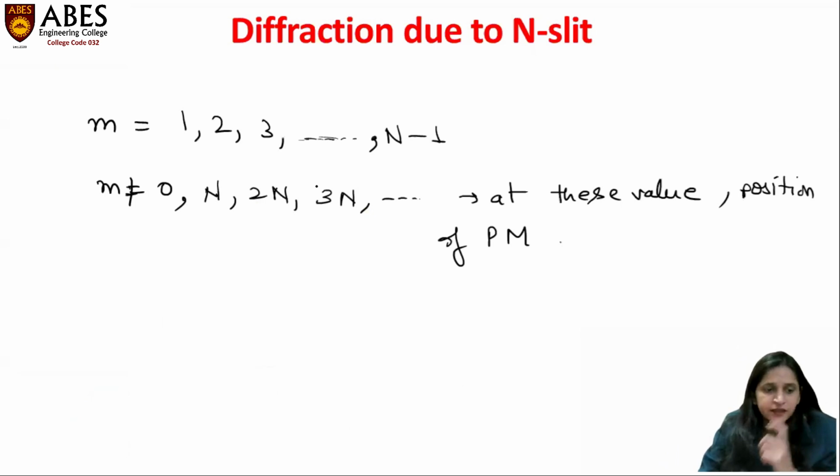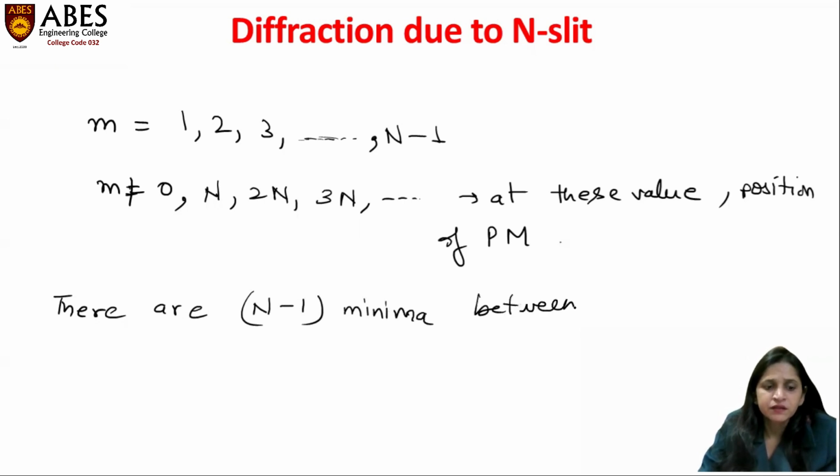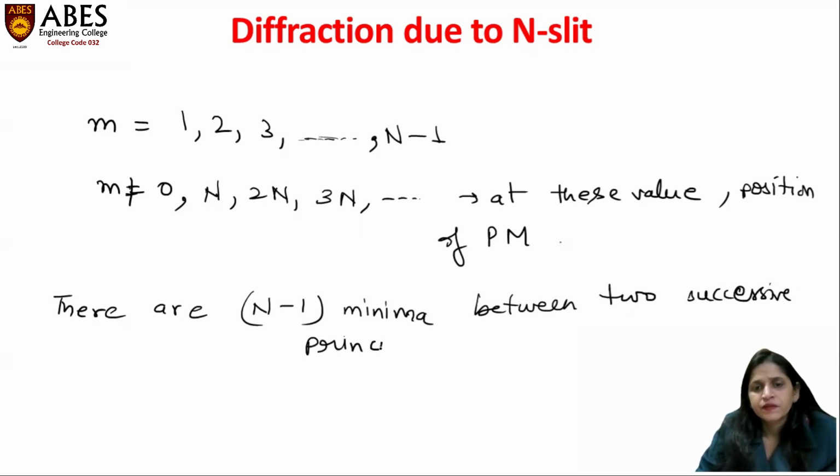Therefore, it is said that there are n minus 1 minima between two successive principal maxima. Okay. Now,